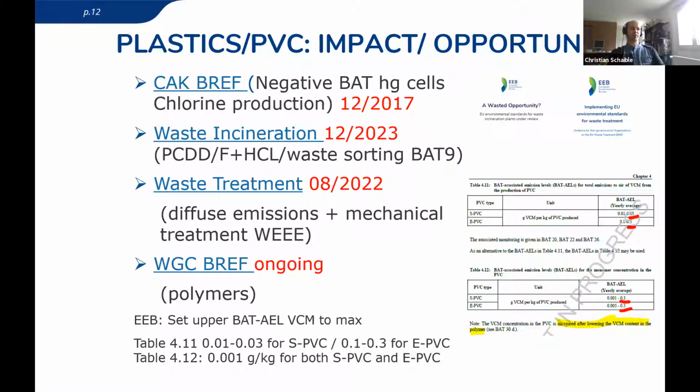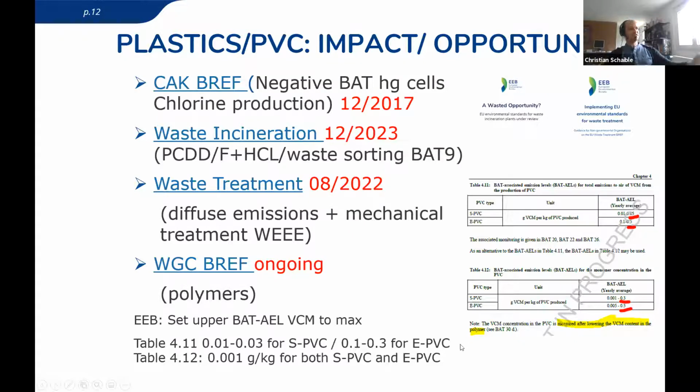There's a huge issue with diffuse emissions, like defragmentation, stuff exploding in the plants, because there are some impurities, but it's more for metal shredders. And there's a lot of PCB emissions just from that. Sometimes you will be surprised, it's worse than an iron and steel plant. If you have a small shredder plant which is taking a lot of end-of-life vehicles, it explodes quite often. Stuff is floating in the air, and it's worse than an iron and steel plant.